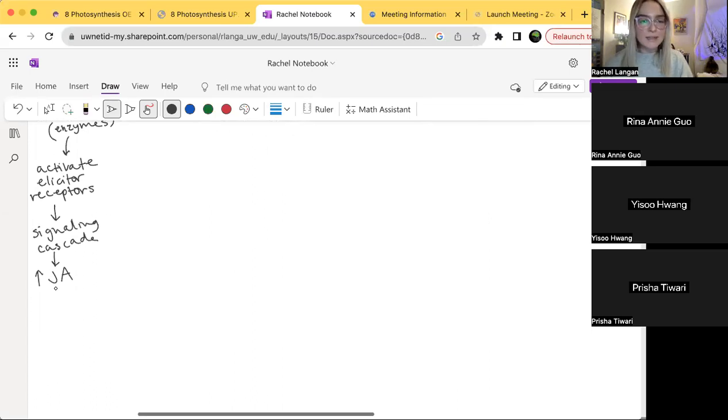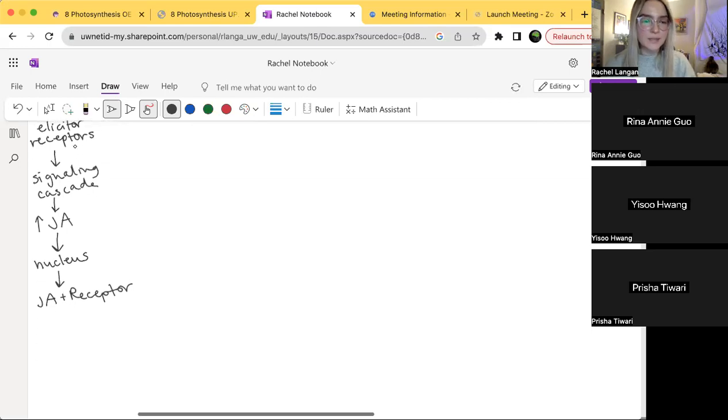Jasmonic acid is going to enter into the nucleus. And in the nucleus, the JA is going to bind to its receptor. Then JA plus its receptor binds and kicks off